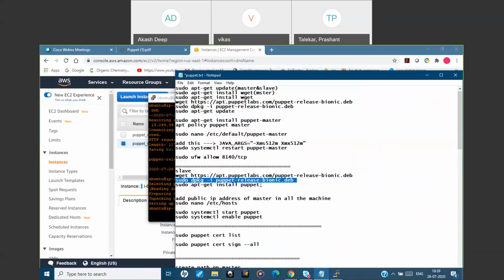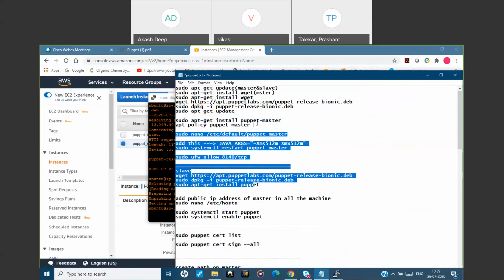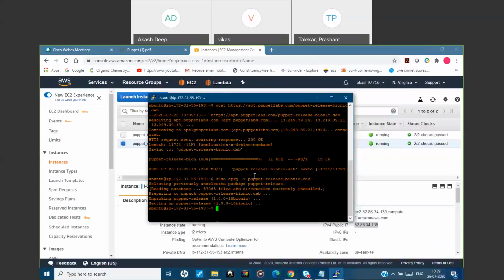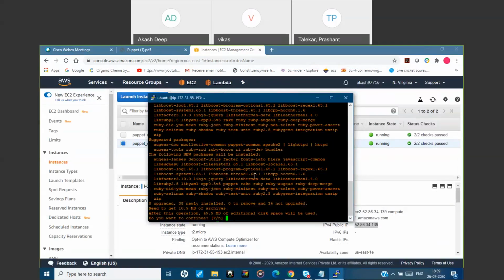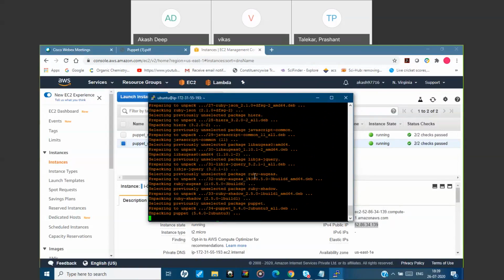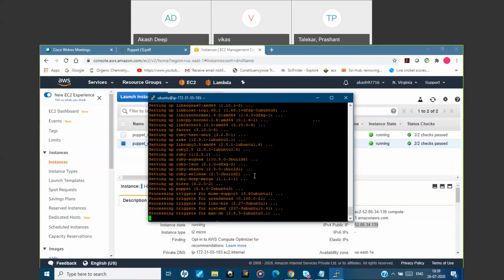If you observe here, on the slave node we are just installing Puppet. We are not installing Puppet Master. On the master node we had installed the Puppet Master, right? On the slave we are installing only Puppet. So it's installed now.